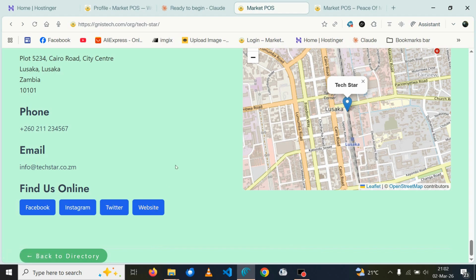Now, you may ask, if I already have a website, why should I have this again? This is where you can sell. You may not be able to sell on your website, but here you'll be able to sell. Here you are where people may be looking. This platform will grow. Watch this space,